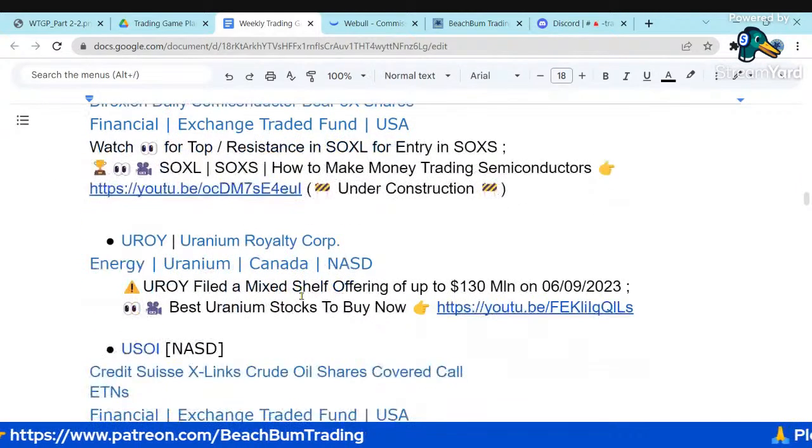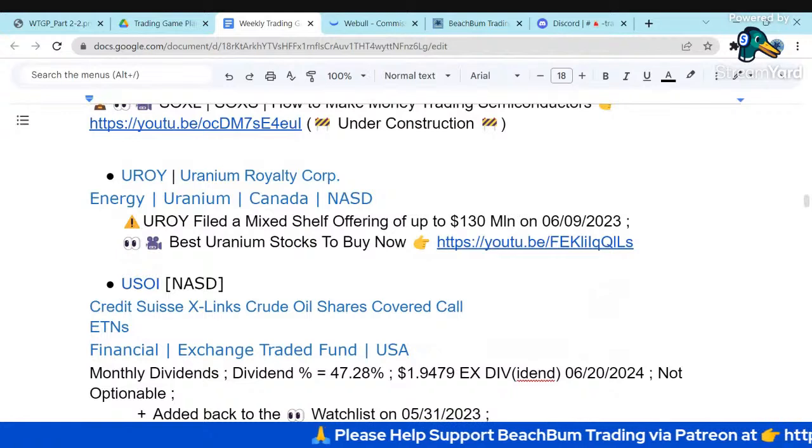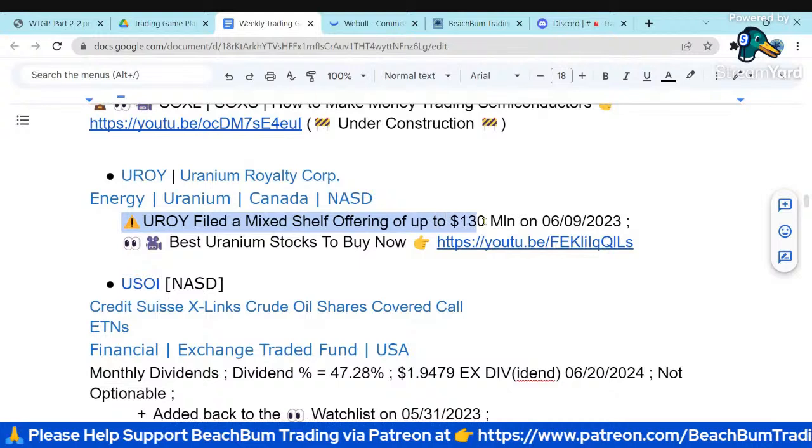We're still watching UROY, which is our uranium play. Again, all the uraniums are kind of up a little bit. This one's closest to the support. Just a warning that